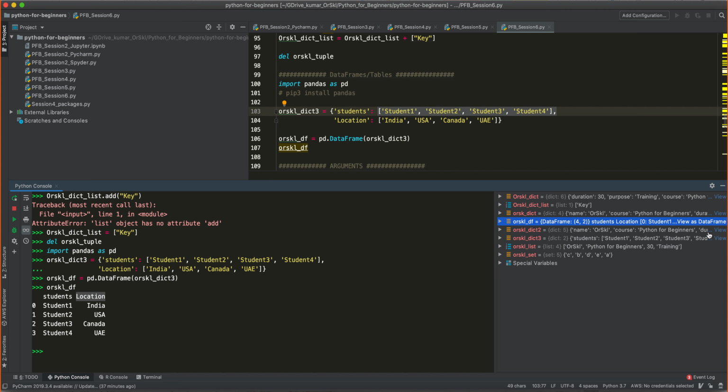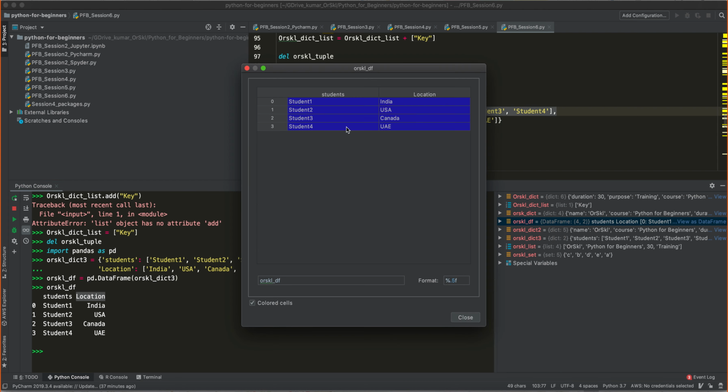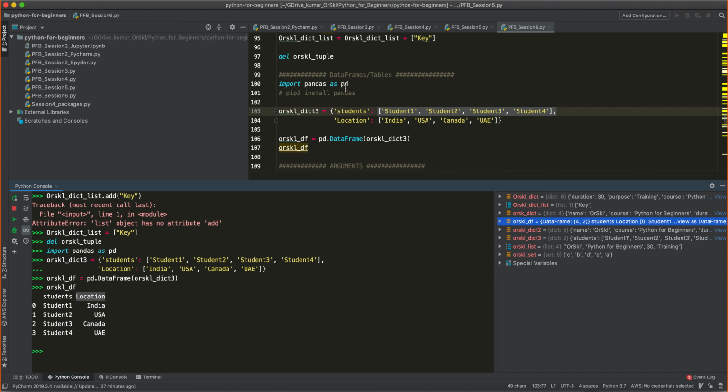Instead of just having a view, for the data frame you have view as data frame. You also see visually the table structure. So there are 4 rows. This is the first column, students, and the second column is location. So you can create a tabular structure from the dictionary. To create that, you need a package called pandas, and inside pandas, there is a function called DataFrame. If you pass the dictionary into this function, it will create a data frame for you.